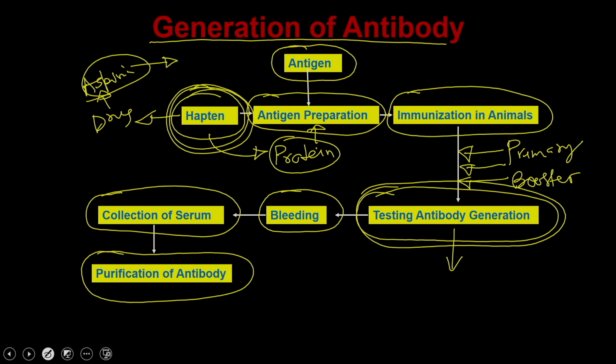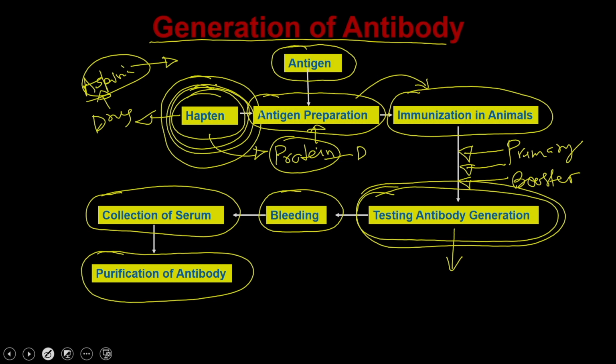So, that is the whole scheme through which you can generate the antibodies in the animal. Let us summarize this. First, you have to prepare the antigen, whether it is a hapten or a proper antigen, like bigger proteins. If it is a hapten, you have to couple it to the protein, so that it becomes a protein-drug complex, and that is also processed as an antigenic preparation, so that it will be ready to be given by injection into the animal.